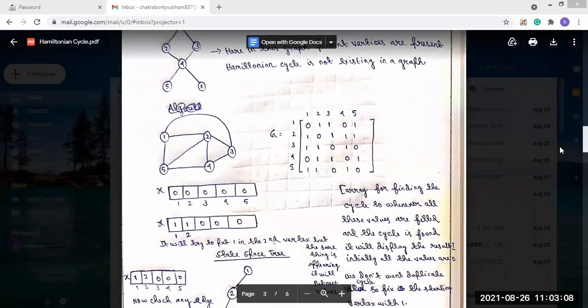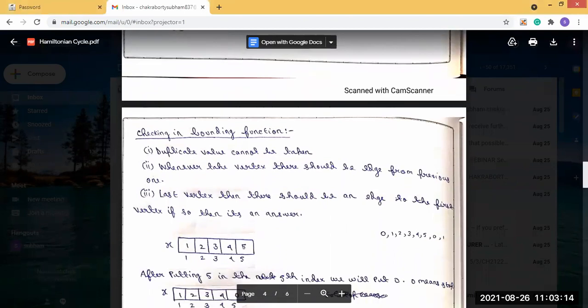Okay, so the first cycle we already got. Now what are the steps we are performing, what are we checking? The checking in the bounding function goes like this: we first check that a duplicate value cannot be taken.